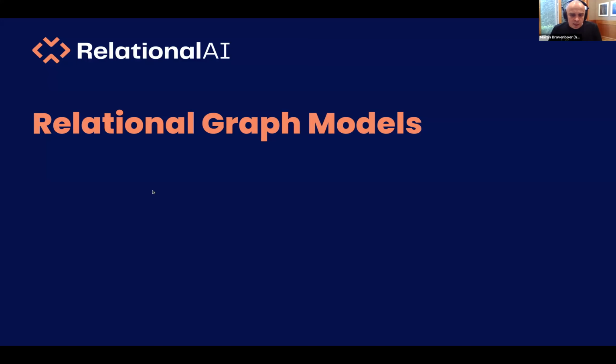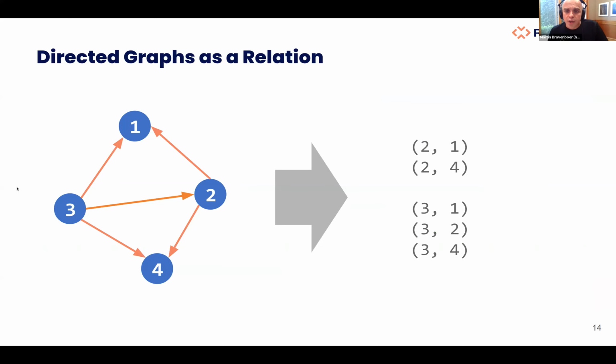Okay, so I need to briefly explain what our relational graph models are, because otherwise there might be some misconceptions creeping in that will be confusing. First of all, very simple directed graphs. Of course, everybody here probably understands that a directed graph can very easily be represented with a binary relation. Every edge is just a tuple. So 3,1 is a tuple there, and 2,1 is a tuple, for example. You can already see this is not a table. It doesn't have headers, let's say. It is just a relation, a more mathematical relation maybe, which is just a set of tuples.